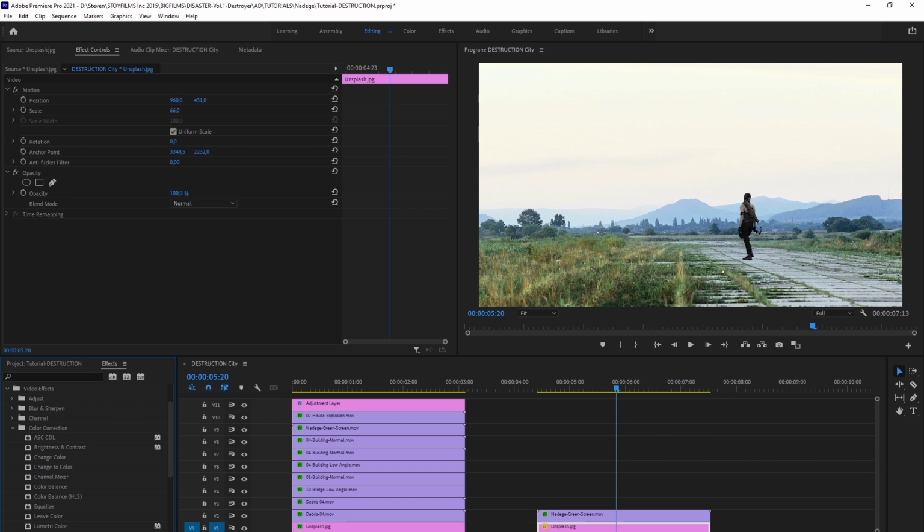Let's locate the tint effect. Drag and drop the tint effect right onto the background clip and you'll see it makes it fully black and white. But now we don't want it to be fully black and white. We just want to remove some of the colors, and keep in mind, we're going to color correct everything